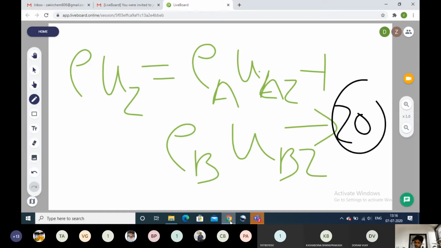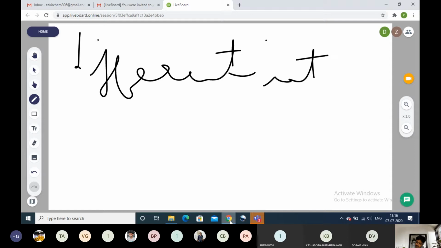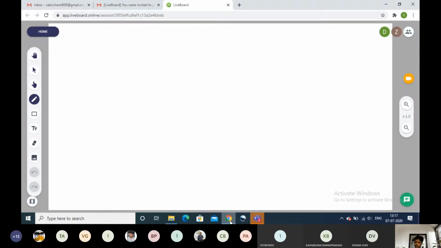So now what we have to do, the next step is differentiate equation 18. Okay, equation 18 with respect to what? With respect to X direction. Equation 18 is written for X components, so we have to differentiate with X direction. When we are differentiating equation 19, we have to differentiate with respect to Y direction, since that equation is written for Y component. So we will differentiate equation 18 with respect to X.